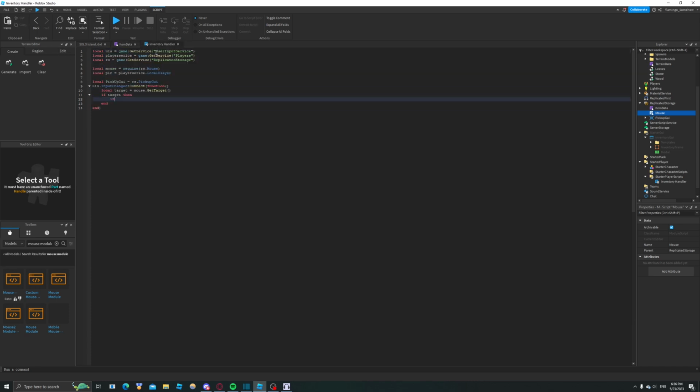So by doing that, you can just do if item data, or whoops, I forgot to actually add a line to reference item data. So local item data is equal to require item data, rs.item data. So now let's create our if statement. If item data target.name, then